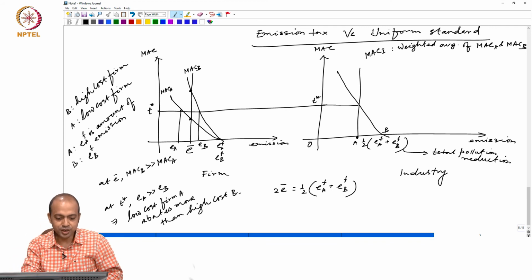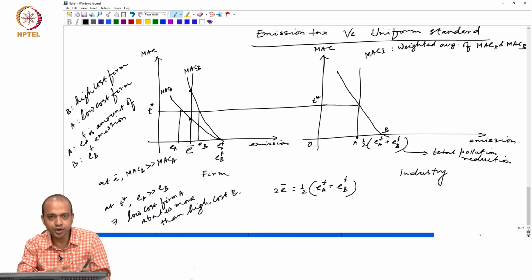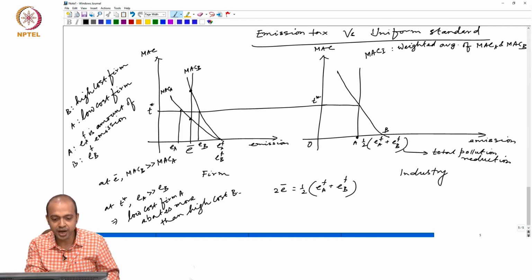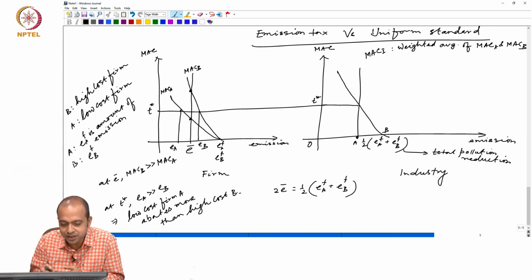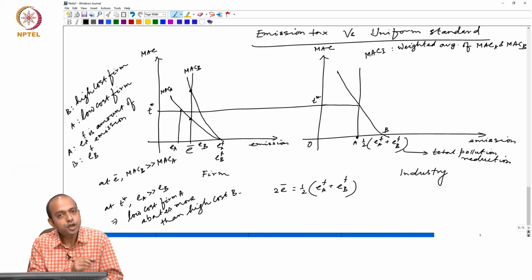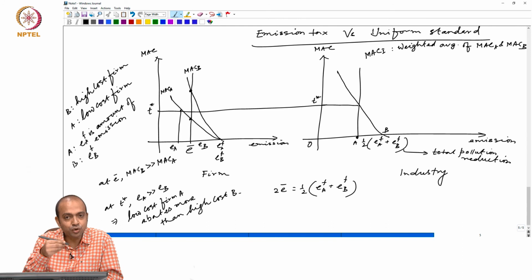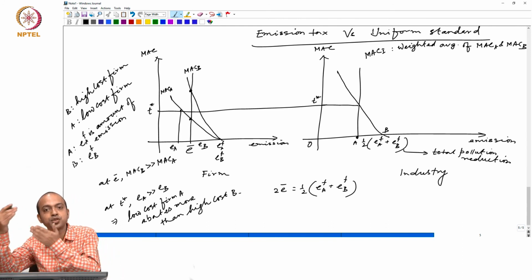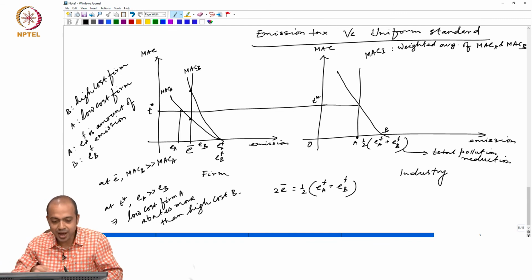Is this clear? When the uniform standard is imposed, firm B's cost of abatement is much higher than firm A's. So, the total cost of abatement in this scenario, when uniform standards are imposed, is much higher than in a situation when the tax is imposed, because when the tax is imposed, the high cost firm B is actually abating a lesser amount. What is the amount? This is the amount of pollution reduction. For firm A, what is the reduction? This is the amount. So, since firm A is the low cost firm, it is abating much more than the high cost firm B, and as a result of which